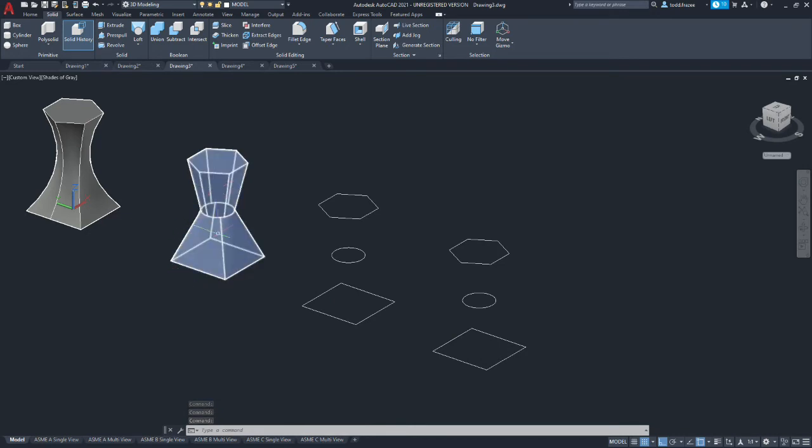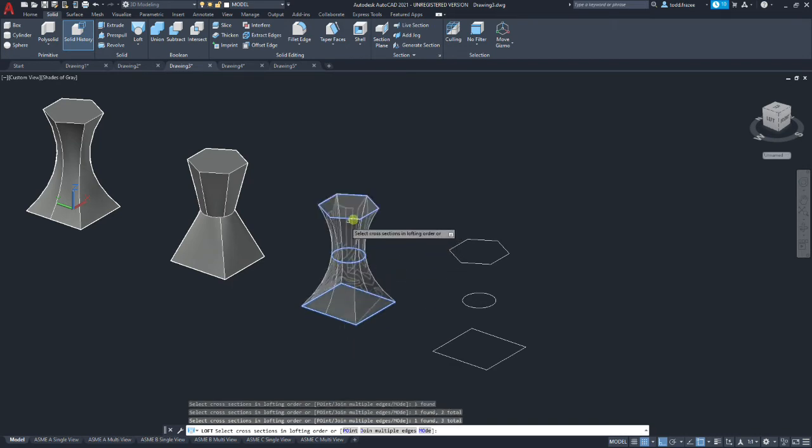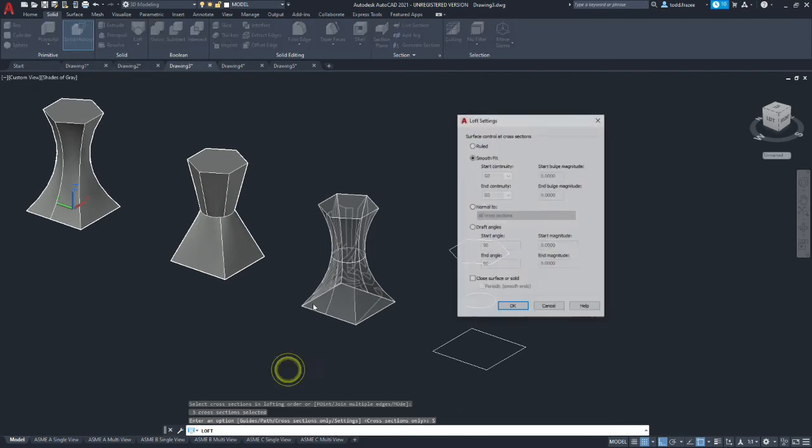The resultant of this would be the same if you were just doing a loft between 2 of the sections at a time and made separate pieces. Not generally what you use a loft for. Okay, so let's go to the next example. We're going to make a loft and we're going to select our entities. And we're going to hit enter to accept those. And we're going to just do settings.